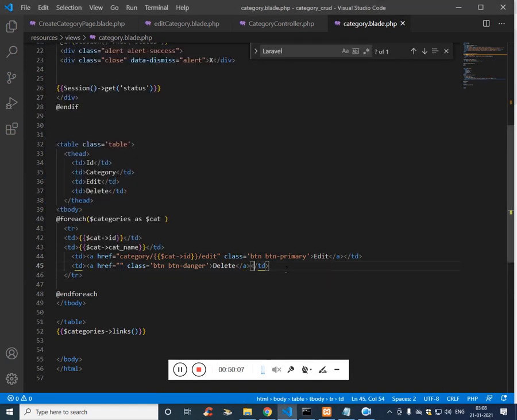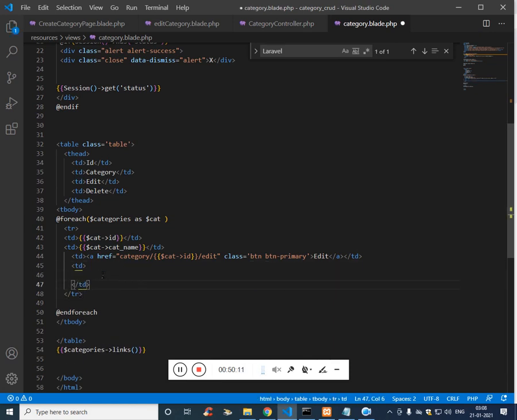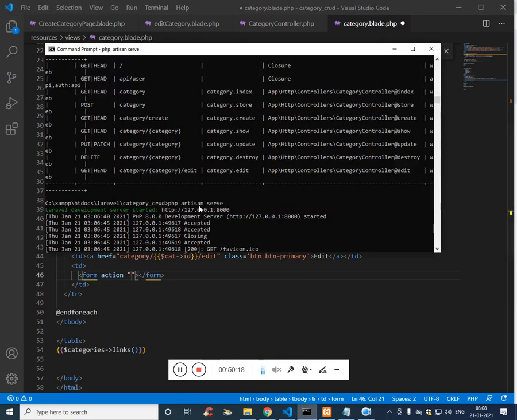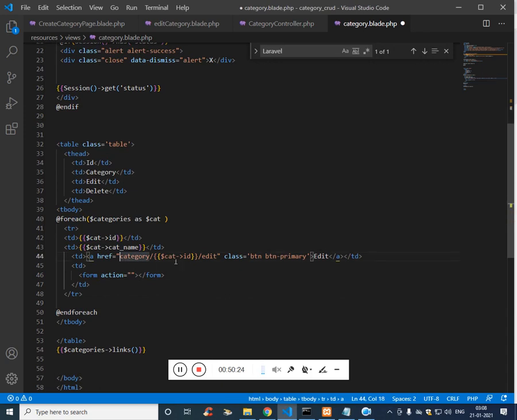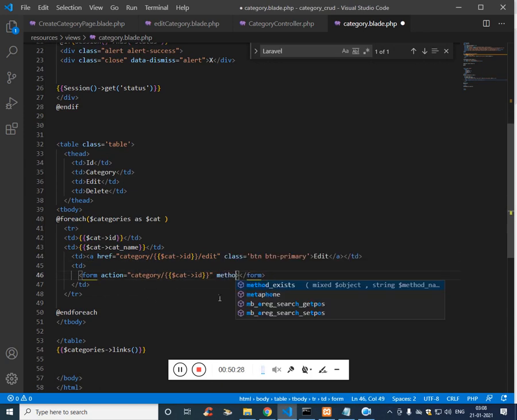Inside the table data, we are going to use a form with action. The action here is going to be category slash id, the same as until here, and the method we have to say is post.